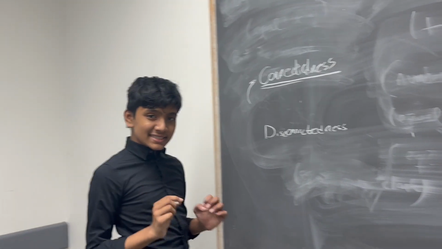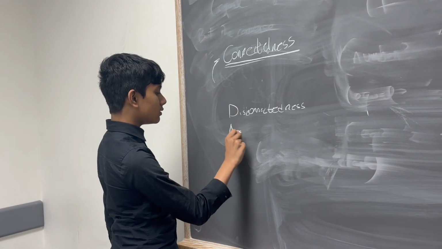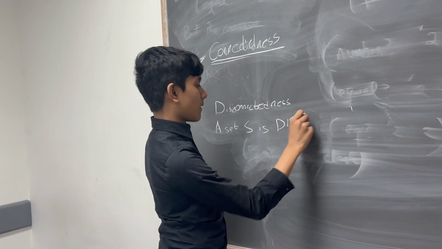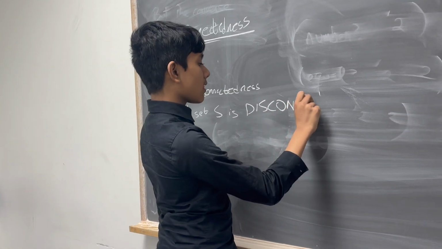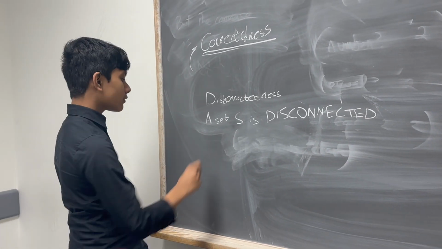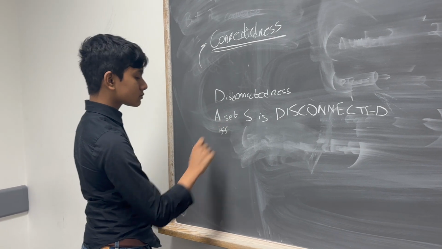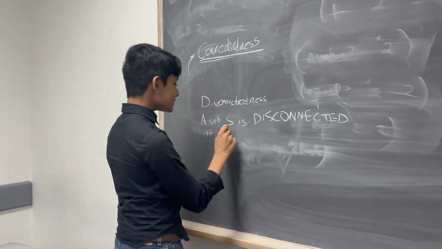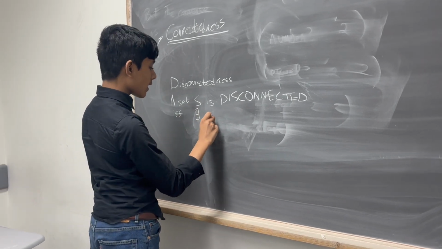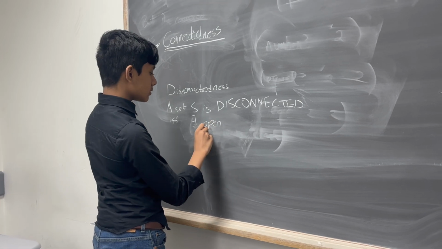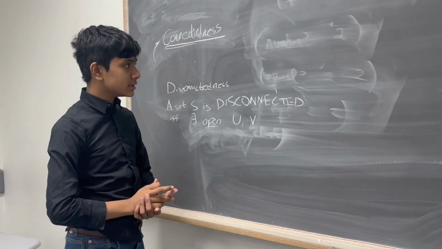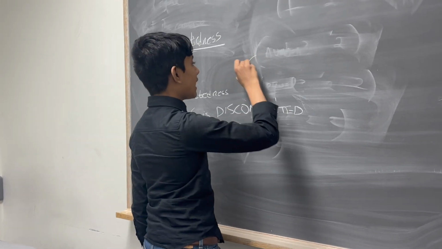A set is disconnected if and only if there exists two open sets, U and V. And by the way, just to quickly define what open means here, if we have a set